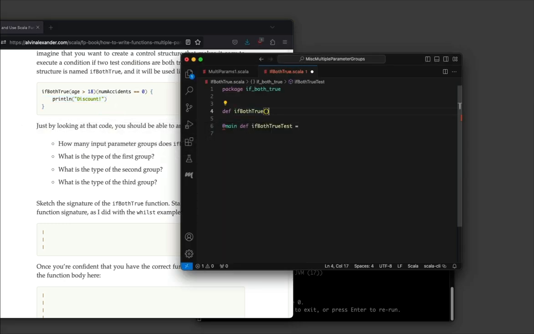So that means we're going to have one parameter group, two parameter groups, and three. And one thing we can say about this is that, again, it's being used for a side effect like printing in this example. So if both are true, do this, and then there is no significant return value. So that's how we can tell that our return type of this function is going to be unit. And then we don't know what that body is going to be yet, but now we can look at this